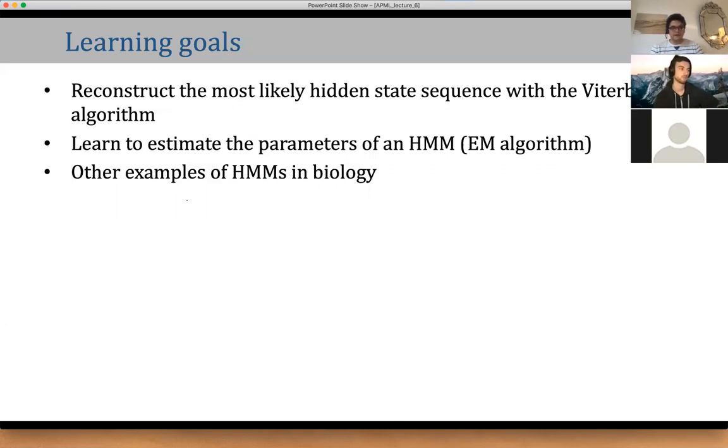I mean, we'll do it in a fast way, because it's kind of an extension of what we saw with EM for mixture. So we'll just sketch the quantities we need to compute and how we run the EM, but we'll not get too much into the detail. And then I wanted to give a few examples of hidden Markov models in biology, because we are in digital health, and that's also a domain for the analysis of biological sequences where hidden Markov models were really successful.